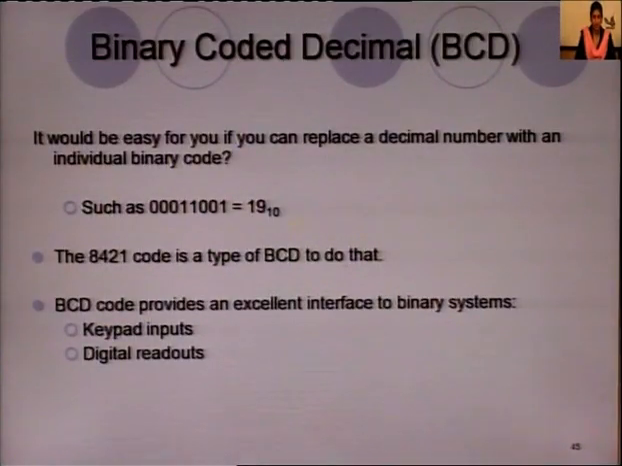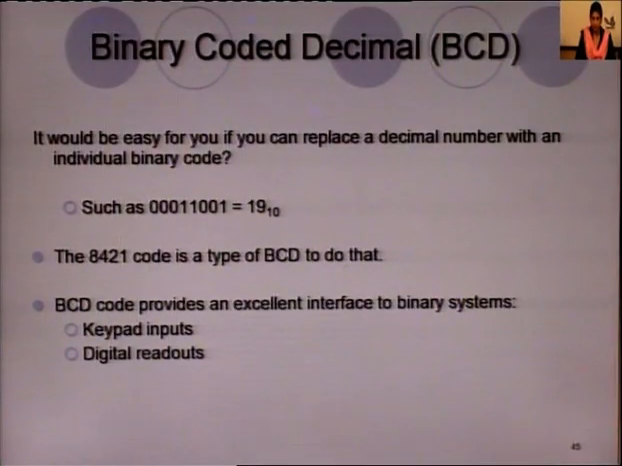Now we will study a code, binary coded decimal, also known as BCD. It is easy if you can replace a decimal number with an individual binary code, such as if we have the value 0001 1001, then it will be represented as 19 in decimal. Here the 8421 code is a type of BCD to do that, where 1 represents 2 raised